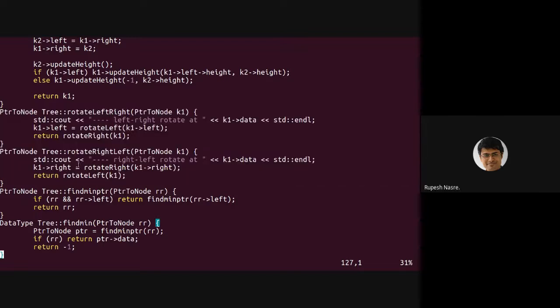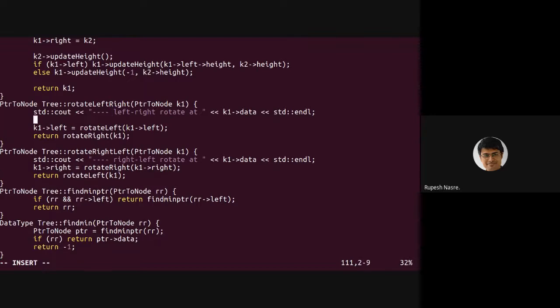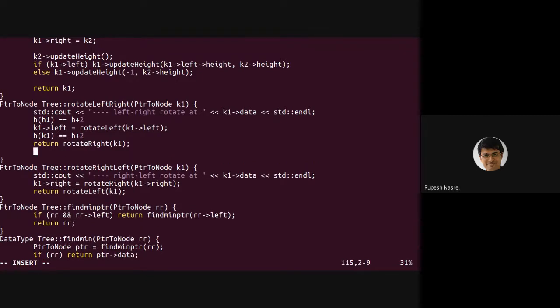And if the height of K1 equals H plus 2 initially, then the height of K1 continues to remain H plus 2 at the end of this rotation, and the height of the new root is also going to be H plus 2 after the rotate right.